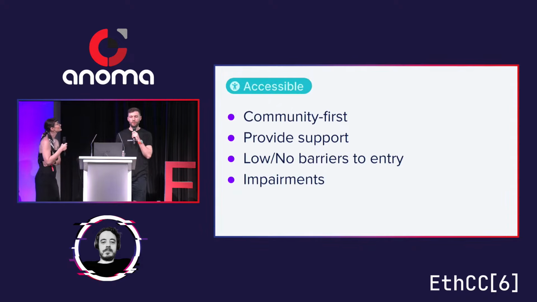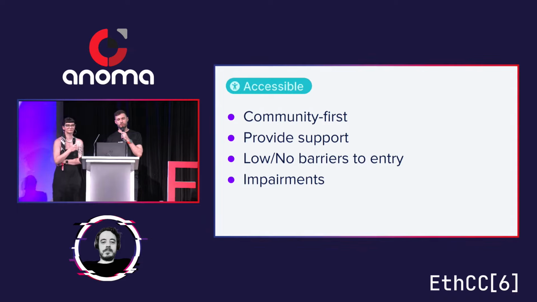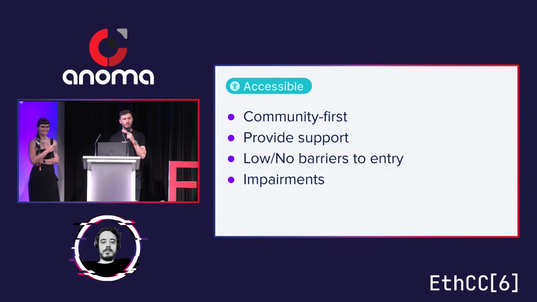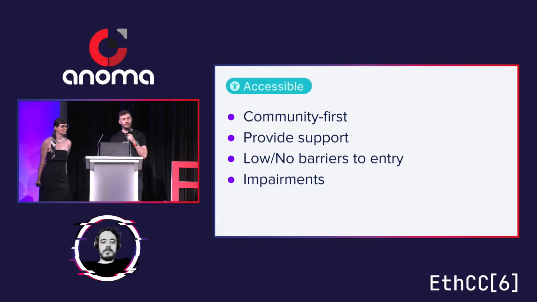So about accessibility, you think about it, you need to have it community first. So invite the developers to be part of the community as soon as possible. If you have a GitHub repo, add links to your Discord, to your Telegram group, to your Slack. You have to support your community and your developers. So make sure that issues opened in the repo are taken care of. You have PRs, you check them, you help them integrate code. And have low or ideally no barriers to entry. So permissionless access, testnet availability, and if possible, no email confirmations.